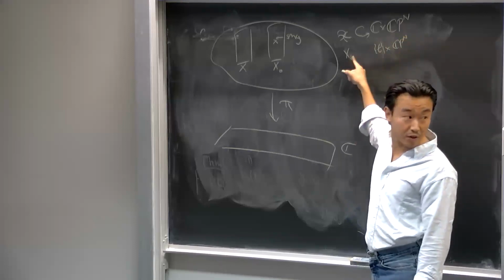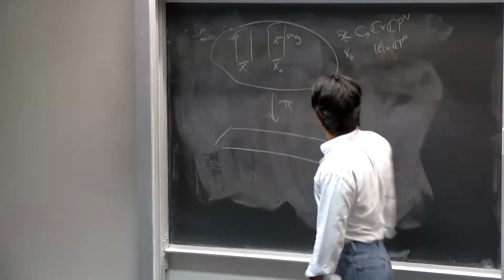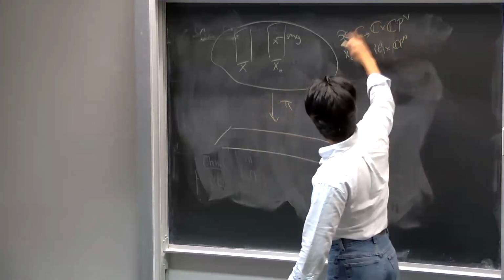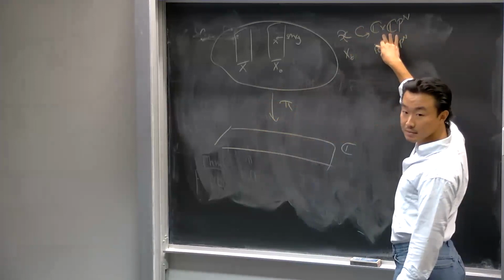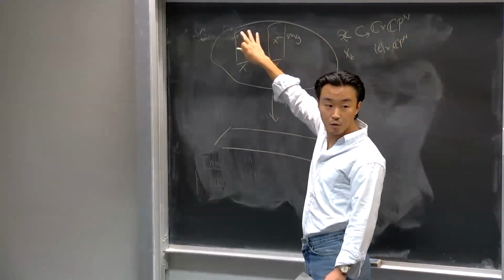Then it will give the projective embedding of X_p. And then you can pull back the symplectic form here and get a true form